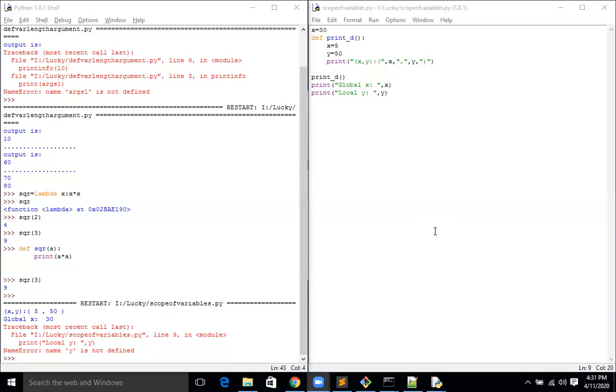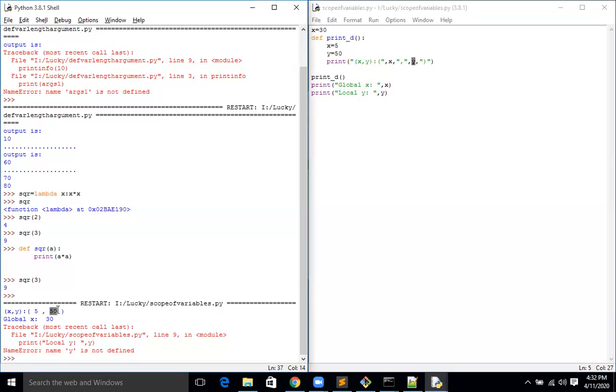But you declared the value, right? x is equal to 5 and y is equal to 50. Why is the output an error? Because y belongs to print d. It is under print d, but I am calling that y outside of the method. It is a private variable for print d only.